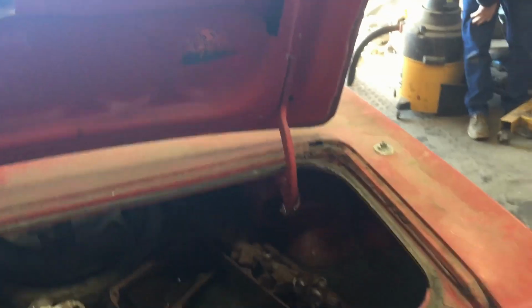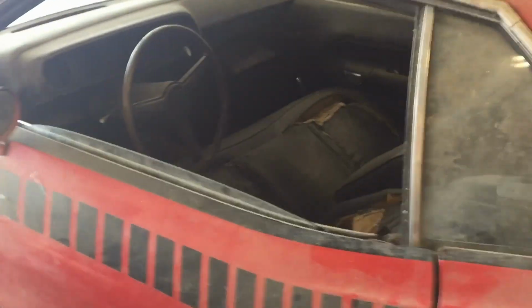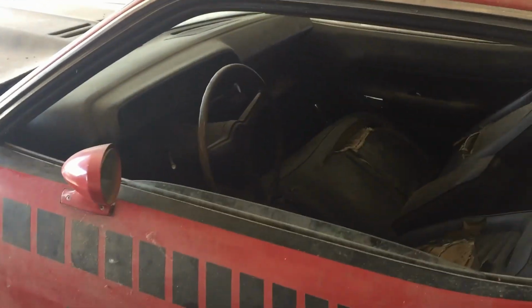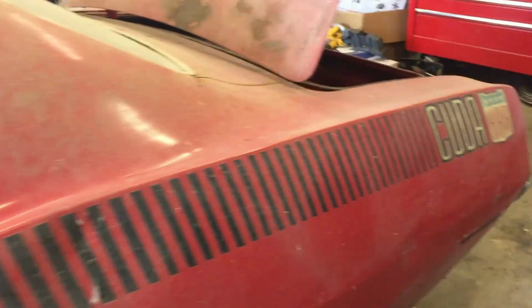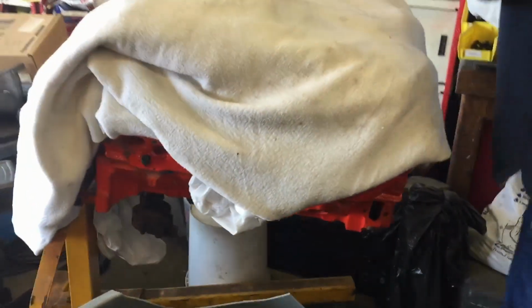Another big block Chevy. That's why I was just looking if that one, if this one was closer year-wise. This one's a 71 though. What year did you say your car was? 71. That's a 71, 396 or 402, right? What would you have to have for that one? About the same price. All right. So I couldn't remember on the years on them. I could look it up and see what it actually came in. Can I actually pull a...